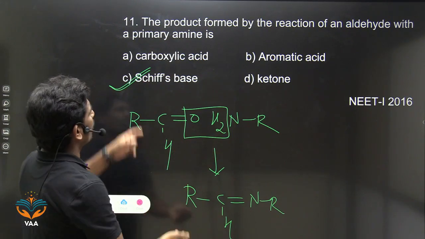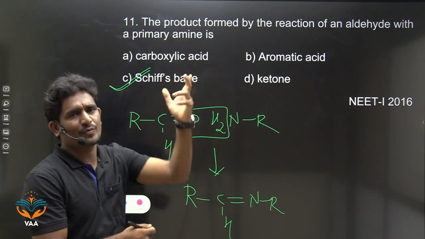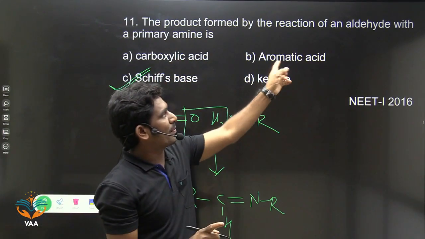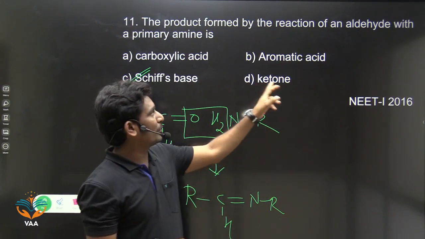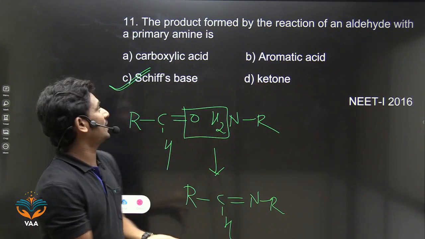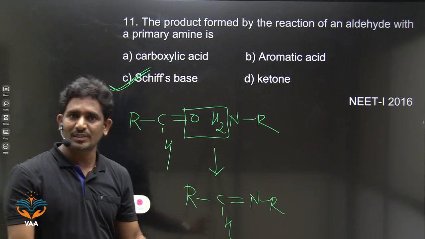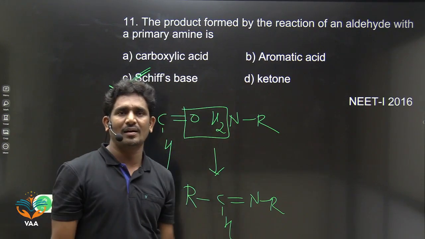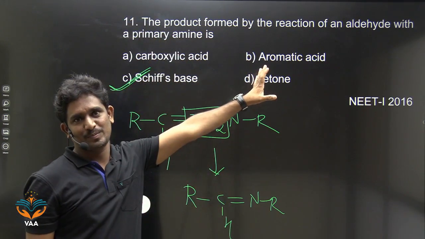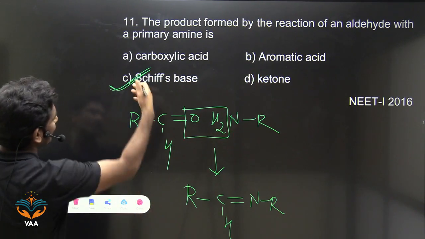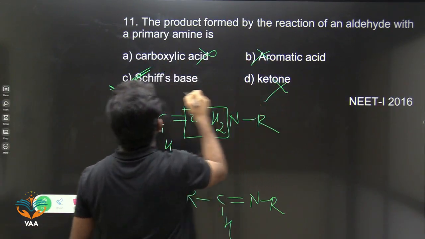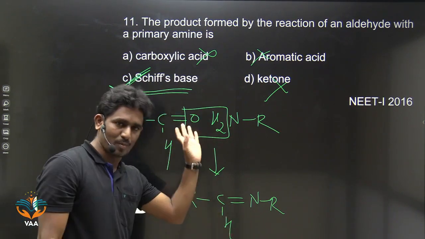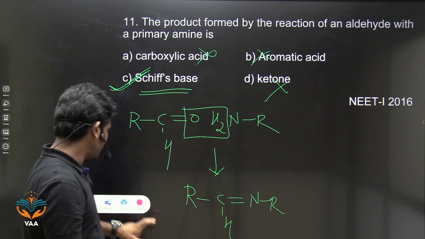You must know this information. Otherwise, देखो, what are we adding here? A nitrogen-containing compound, right? Carboxylic acids में nitrogen है क्या? नहीं. Aromatic acids में nitrogen है क्या? नहीं. Ketones में nitrogen है क्या? नहीं. So the answer is C. Again, we have to do smart work. With the help of the options only, we can eliminate options. Eliminate करना, ये भी नहीं, ये भी नहीं. So answer क्या है? C. Not necessary to solve this problem fully. ठीक है, right? Next one.